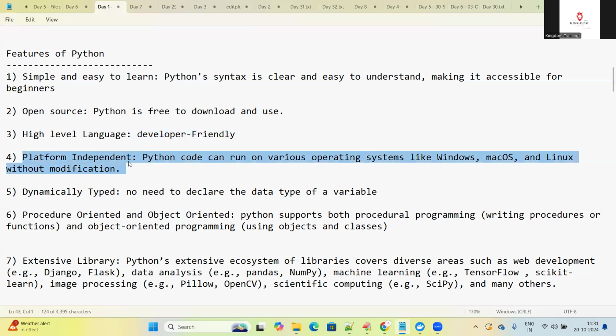Let's come to the next one, which is called platform independent. Python is platform independent. We might have heard about platform independent earlier also. If anyone has a background of learning any other programming language like Java, it is also platform independent. Python is also platform independent. What is the exact meaning of platform independent? Suppose